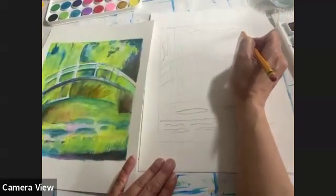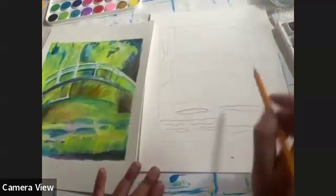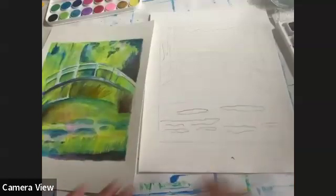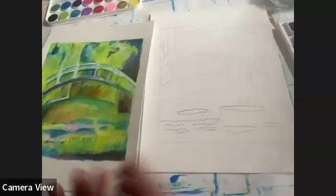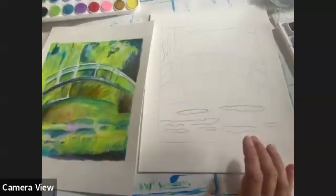So this seems really strange, I know, and it looks kind of messy, but this is going to be our basic, and then we're going to layer on top. So it's a really simple, basic design, and we're going to get started with the greenery. And so